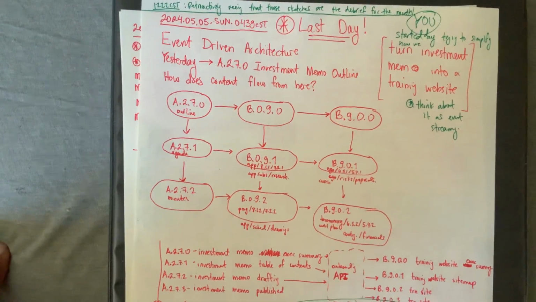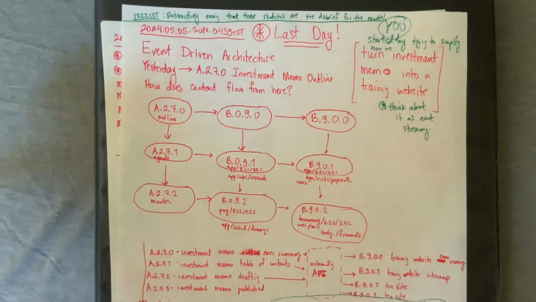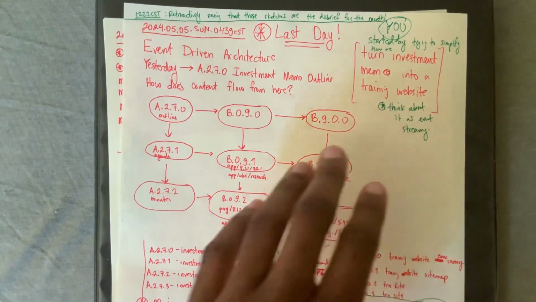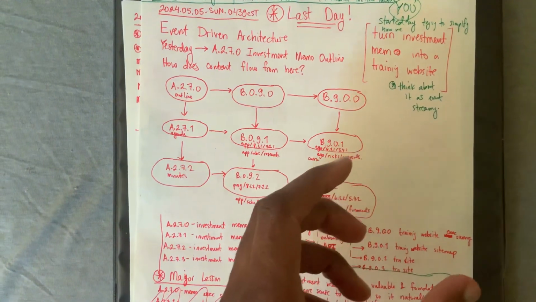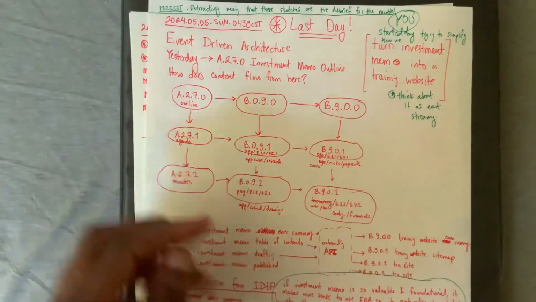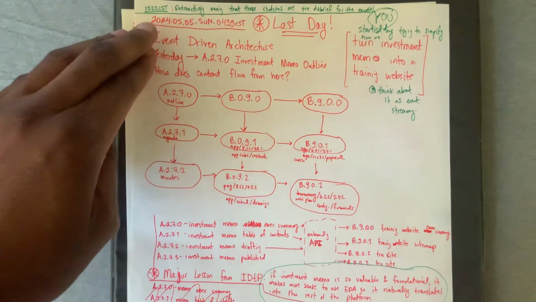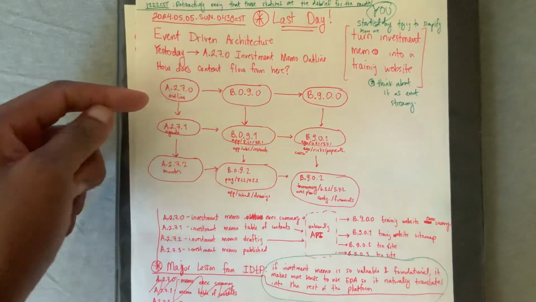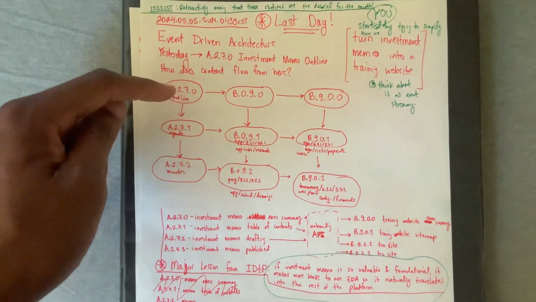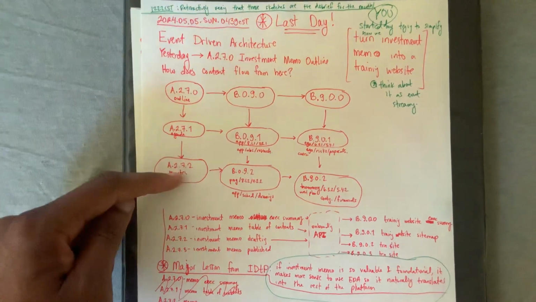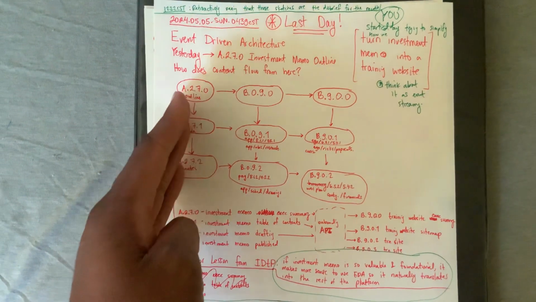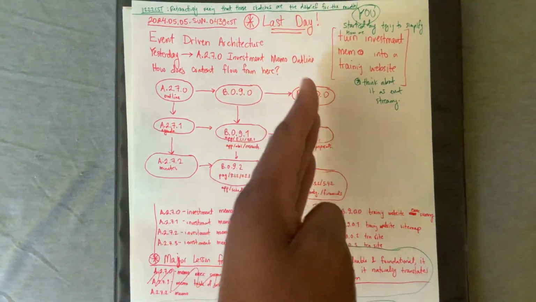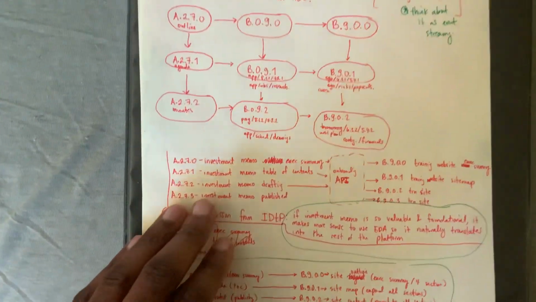out right now. I started off today wanting to simplify how we're turning investment memos into these training websites, into the training platform. So I started off thinking with event-driven architecture in mind. Okay, we're going to create an outline for the memo that'll become an agenda and minutes, and then how does that data flow from the investment platform to the onboarding platform to the training platform, and let's try to simplify